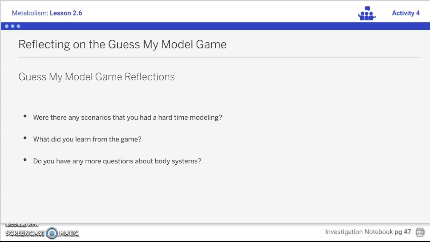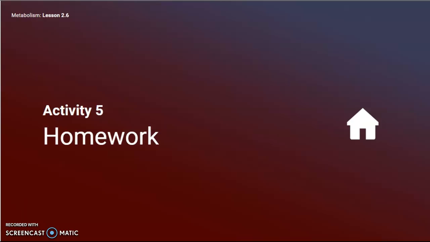It's really important that you reflect on these things and see if there was anything that you may have had a hard time with, or that you learned from this game, to see if you understand these concepts for later on. Now, the homework activity is actually a should do. So make sure you're checking Canvas as you watch this video as well, to make sure that you know what parts of the lesson you do need to do and what parts are going to be your should do's